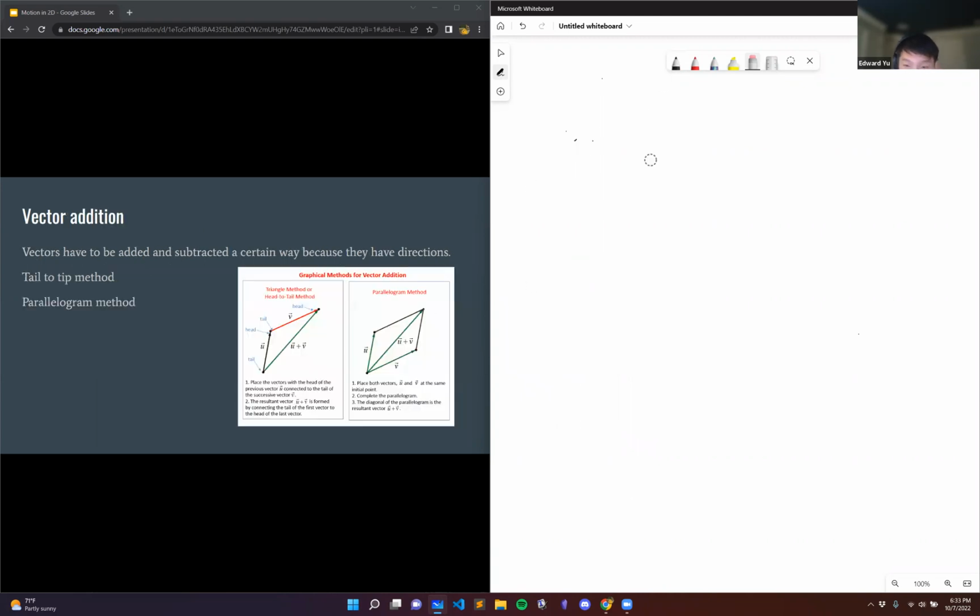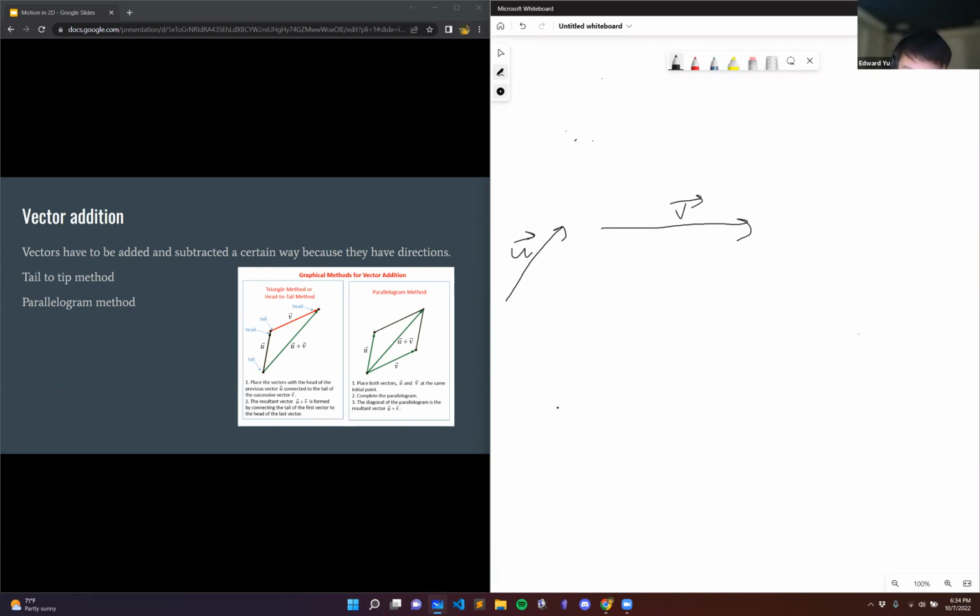Next I'll be talking about vector addition. Vectors need to be added and subtracted a certain way because they have directions. There are two ways to add vectors: the tail to tip method and the parallelogram method. As you can see in the diagram, if I have a vector like this, u, and also a vector like this, v,